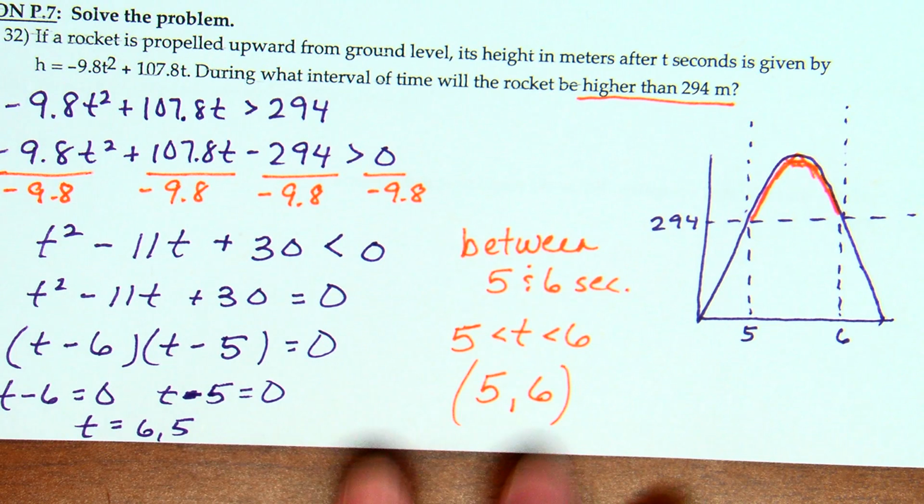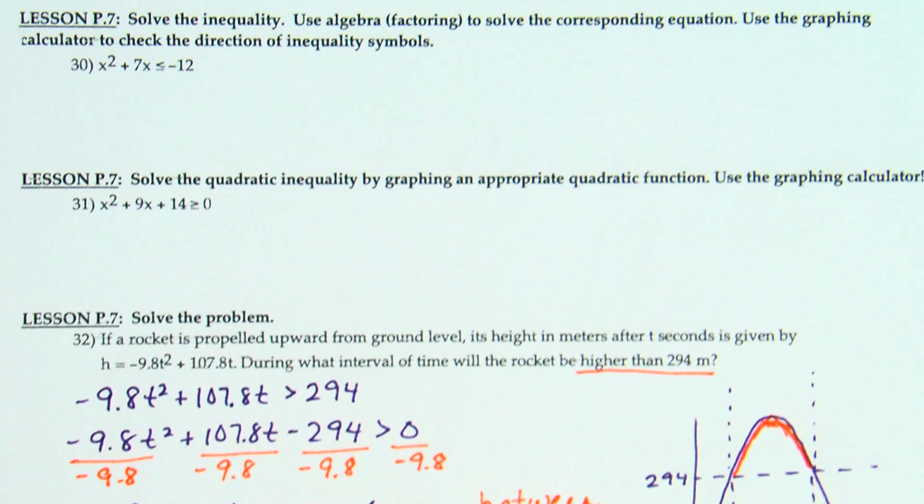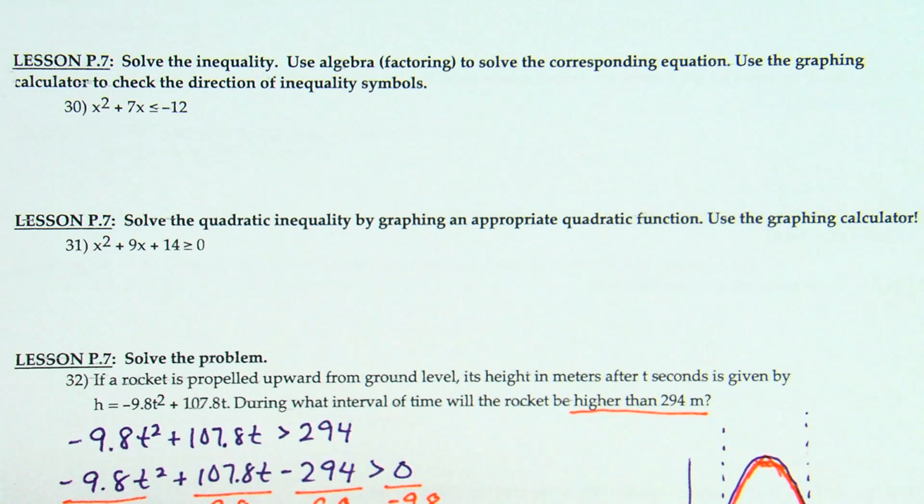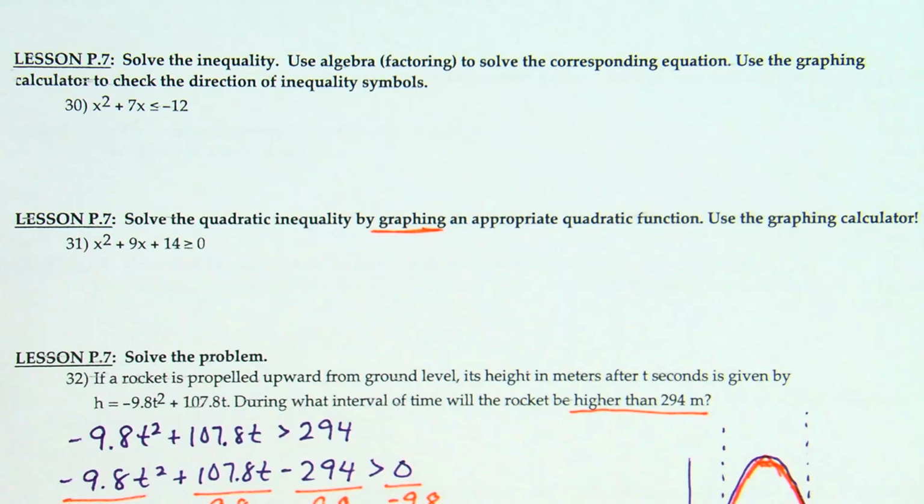The difference between 30 and 31, let's see, 30 says to use algebra, so factoring to solve it, and then use the graphing calculator to check what's going on. 31 just says solve by graphing. So if it just says solve by graphing, well, I don't know if you recognize this or not. Oh, this one actually would factor, wouldn't it? Don't count on that on the test. Yeah, this one does actually happen to factor, but